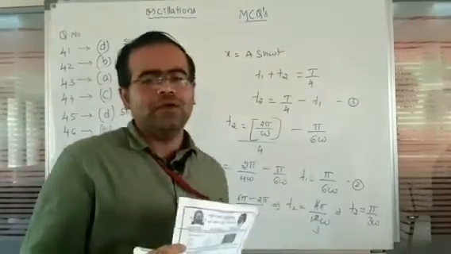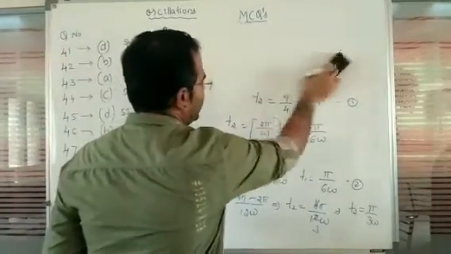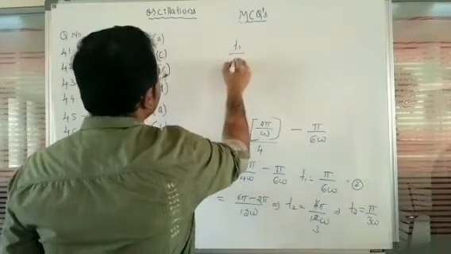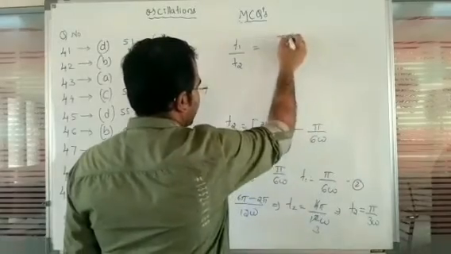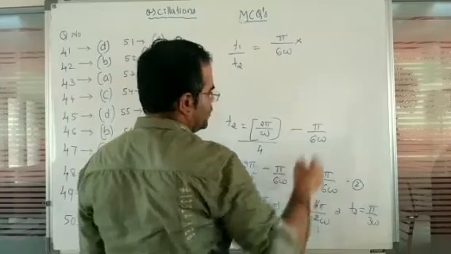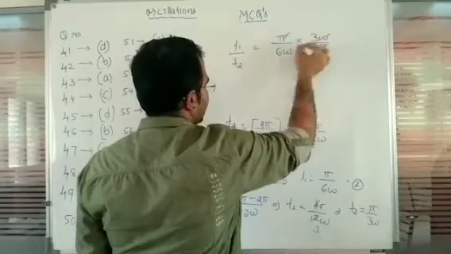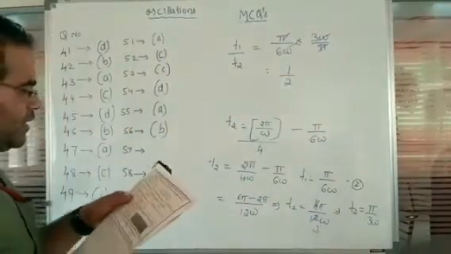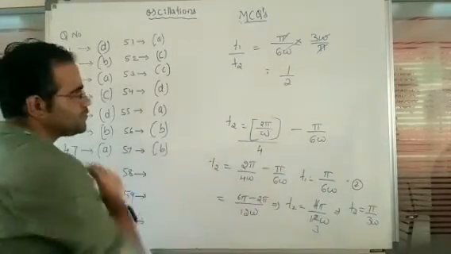They ask to calculate the ratio between T1 and T2. So when we obtain T1 and T2, we'll make the ratio. So that is what we can write, T1 divided by T2. So now the T1 is given by pi divided by 6 omega into, now the T2 that we can write 3 omega divided by pi. So these two will get cancelled here. Now we have the ratio 1:2, or else 1 divided by 2 here. So for question number 57, the option is B.